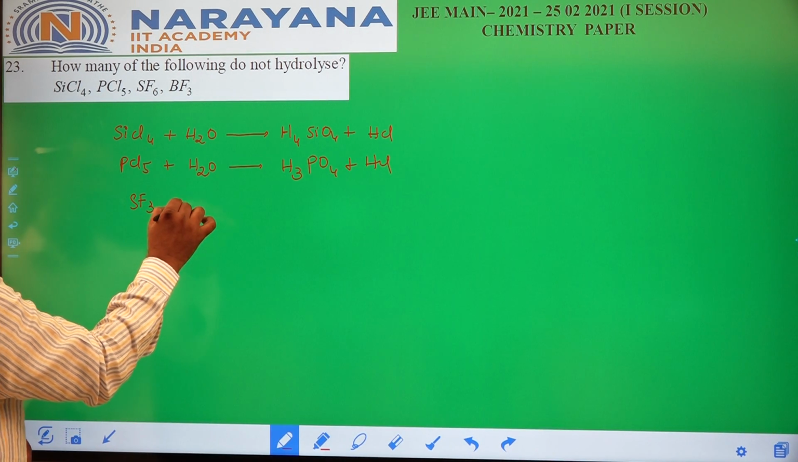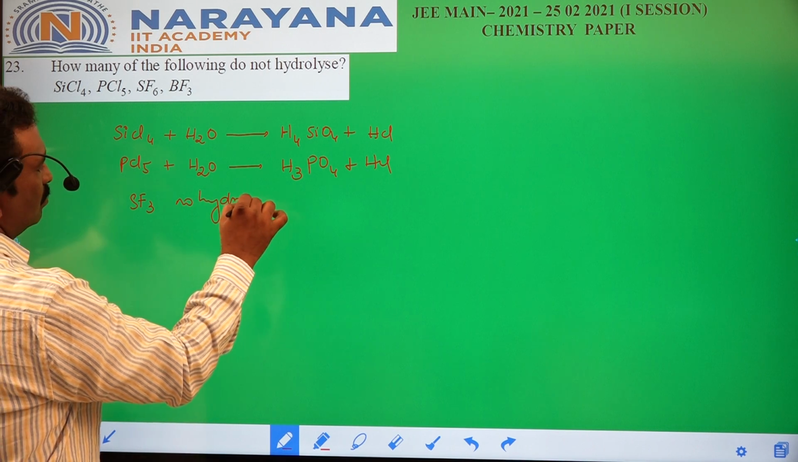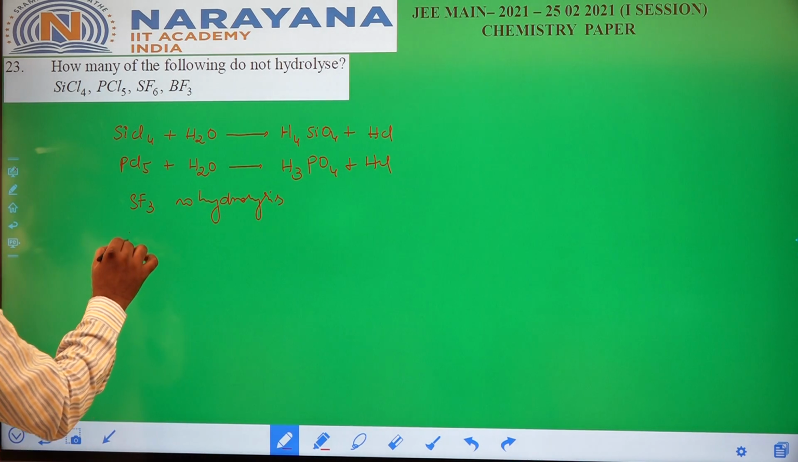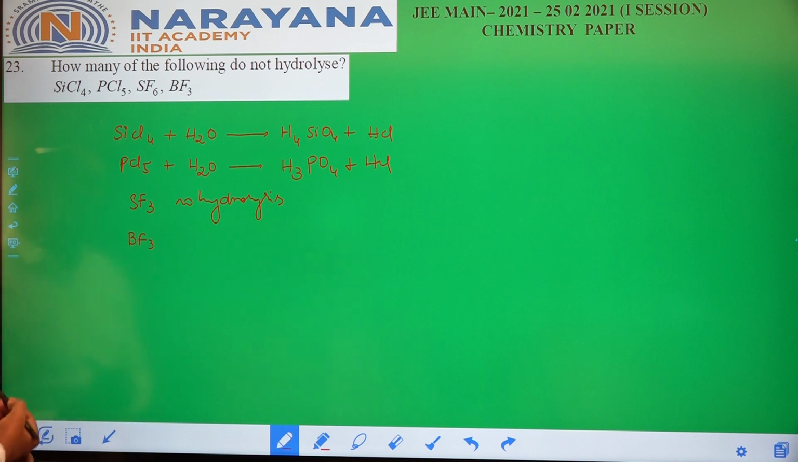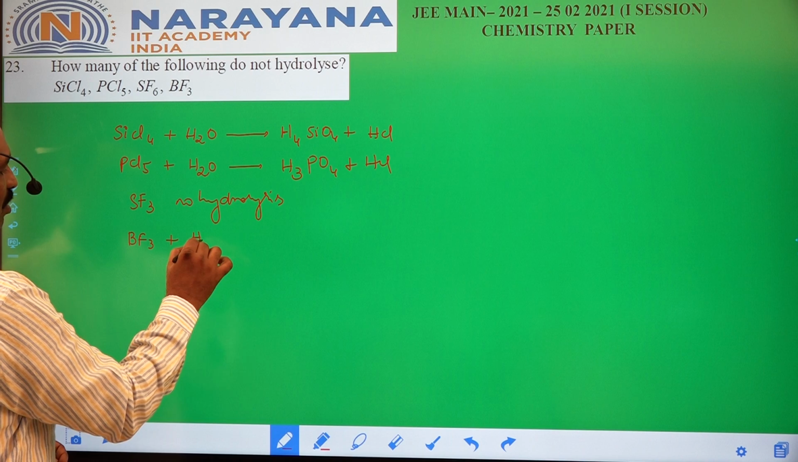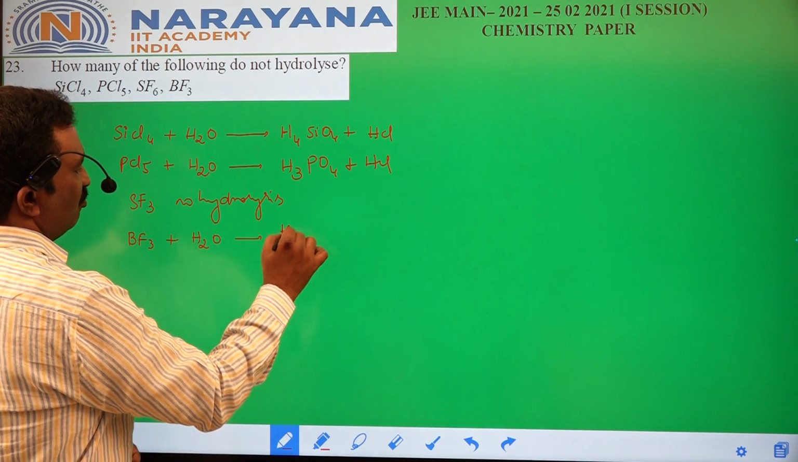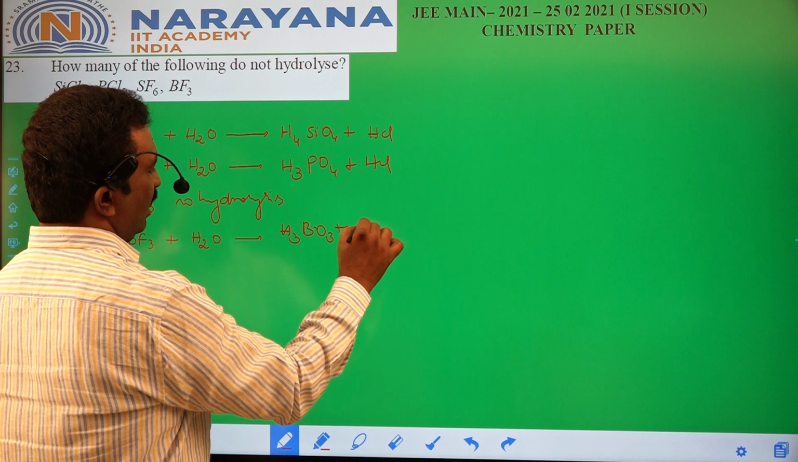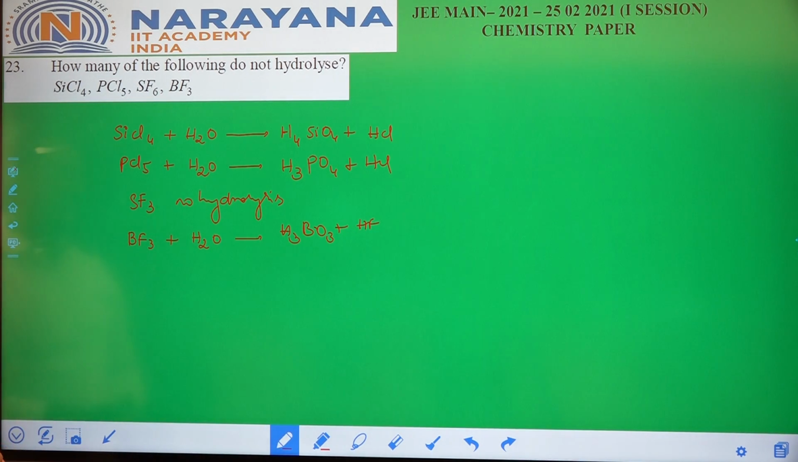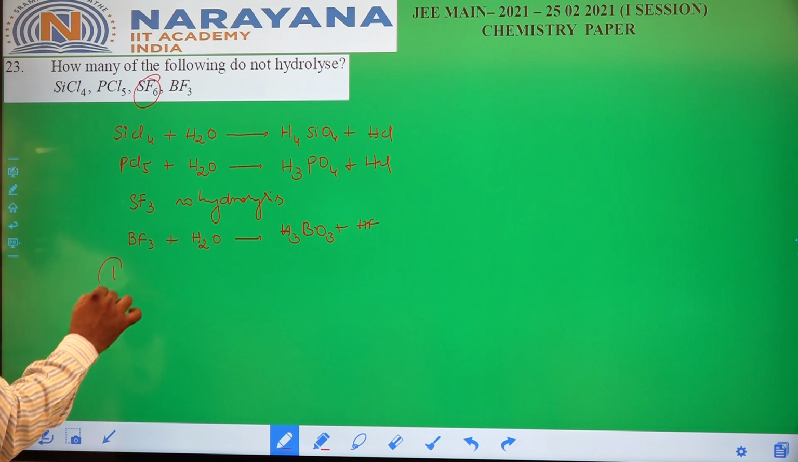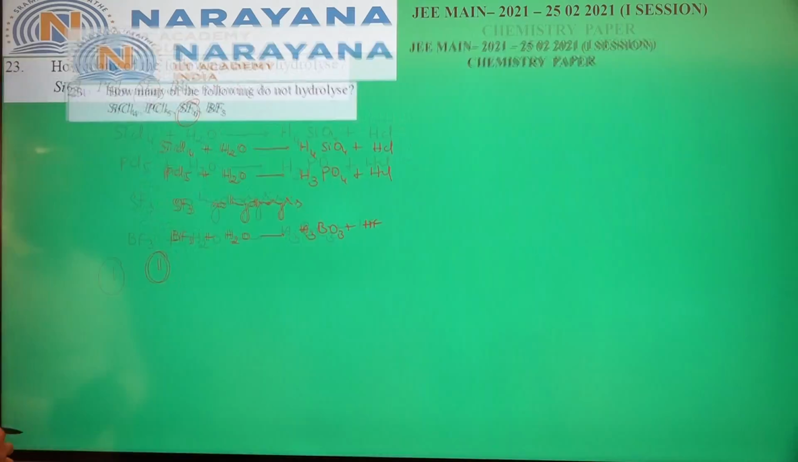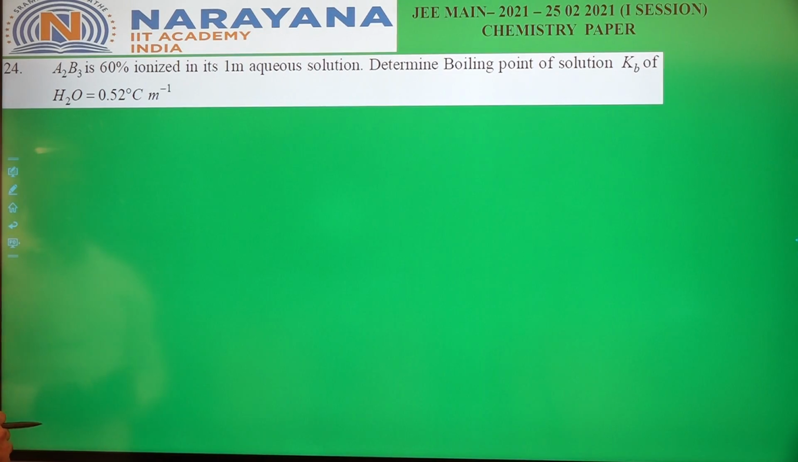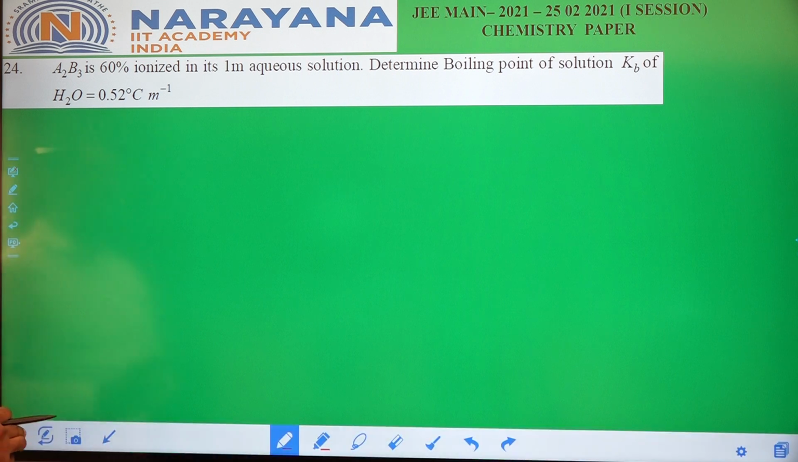SF6, there is no hydrolysis for this compound. Boron trifluoride also gets hydrolyzed. Hydrolysis of boron trifluoride leads to the formation of H3BO3 and HF. So the correct answer for this is SF6. How many asked? So 1 is the answer here. Let me take the next question, 24. A2B3 is 60% ionized in